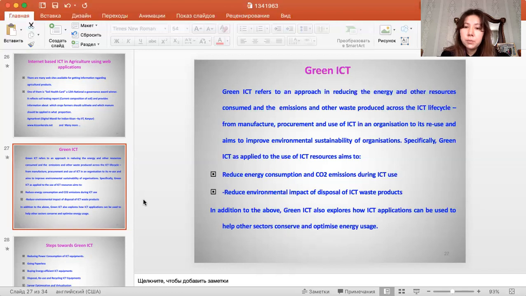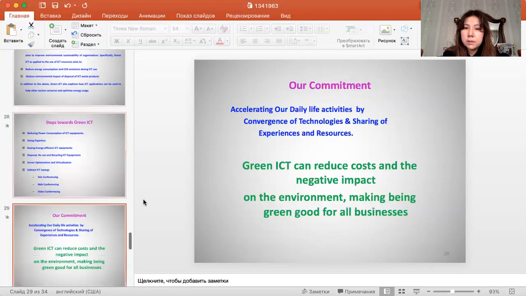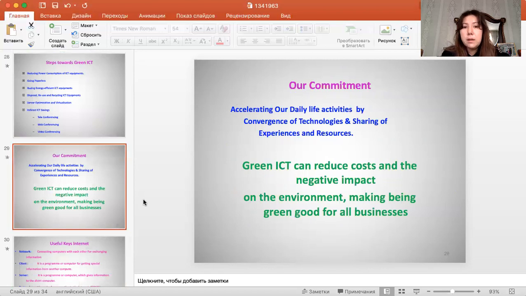In addition to the above, Green ICT also explores how ICT applications can be used to help other sectors conserve and optimize energy use. Steps towards green ICT: reducing power consumption of the equipment, going paperless, buying energy efficient ICT equipment, disposal, reuse, and recycling of ICT equipment, server optimization and utilization, indirect ICT savings, teleconferencing, web conferencing, video conferencing,